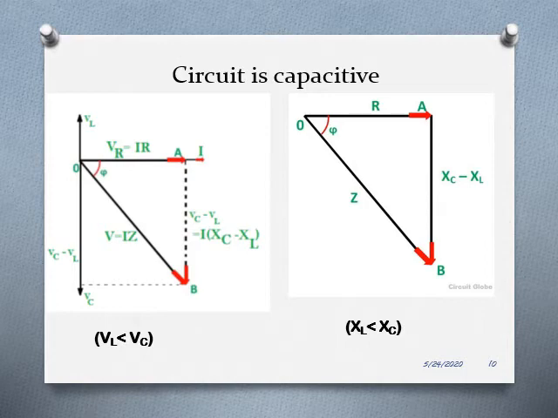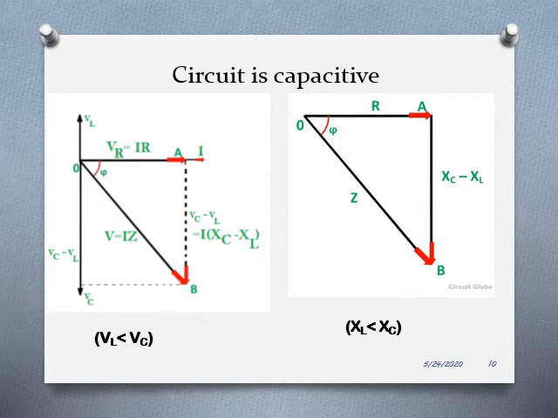Now you have to draw the reactance voltages, that is VL and VC. So here we have assumed that VC is having more magnitude compared to VL. So look there, VL is having a smaller magnitude, whereas VC is having a larger magnitude. So draw the VL, VL meaning the voltage across the inductor, which is always leading the current by 90 degree. VC, which is having a higher magnitude, so the length will be more than that of VL. And for capacitance, we have already learned that the voltage will be lagging the current by an angle 90 degree. So VL and VC we have drawn.